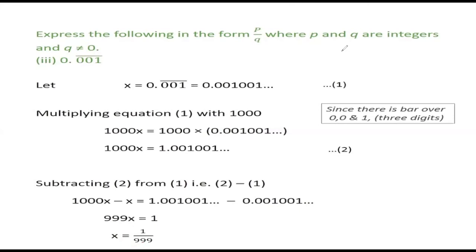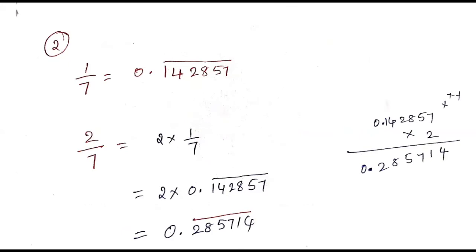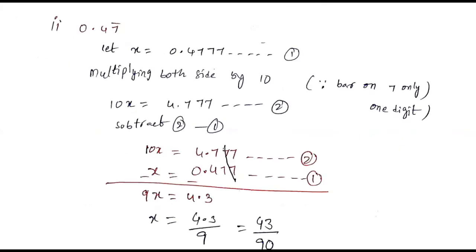Sir, you gave one solution, one sum also. Next sum, do this one. So for the 0.47 sum, we should only put it like 0.4777, like that, sir. Yes. 777 only repeated. Yes, sir, that's what I've done. See here solution. Because only one digit has bar, that's why multiplying both sides by 10. 10 only. After decimal point, 2 digits are there, but bar only on 1. That's why multiplied by 10 only.